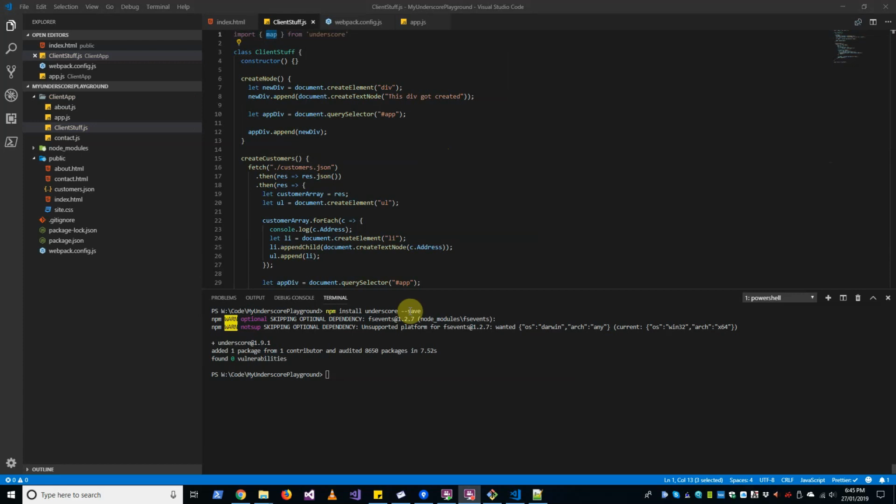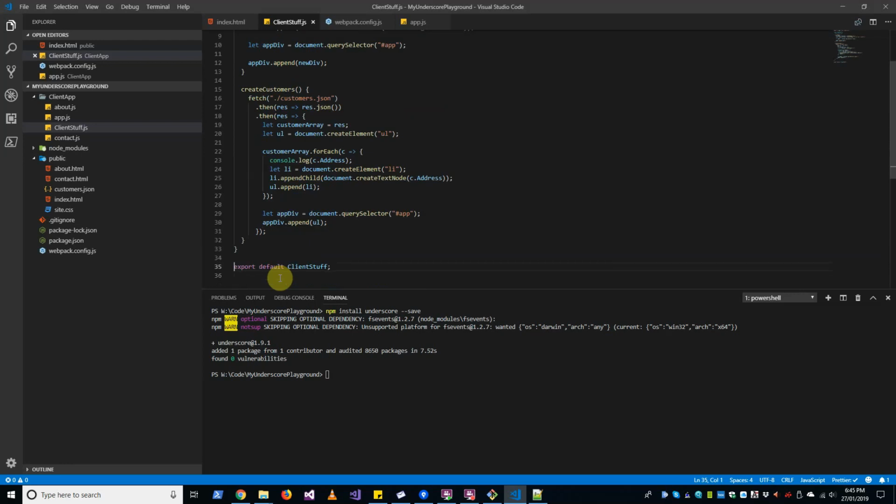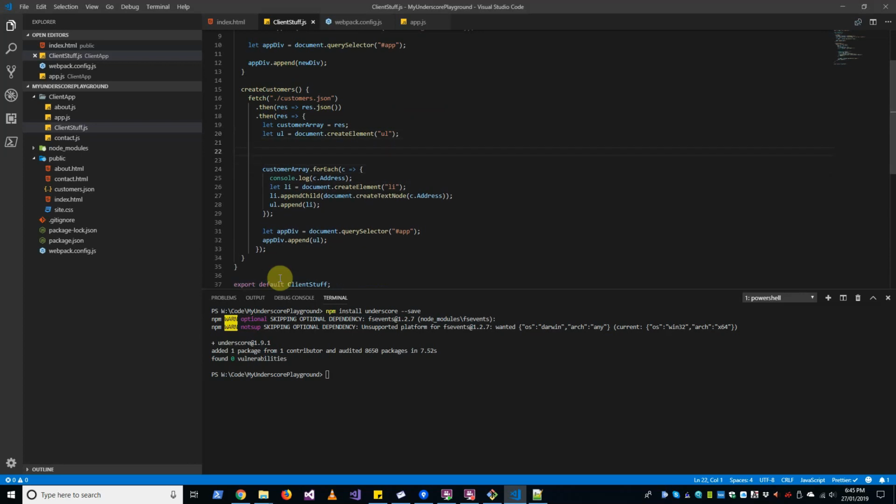Actually I'm going to just name this underscore map just to make it abundantly clear that that's what we're using. And so what we're going to do is go underscore dot map,